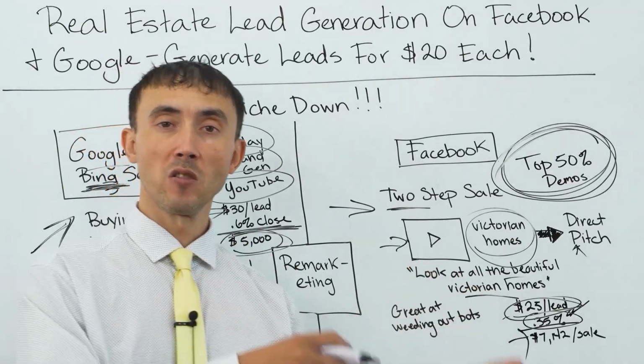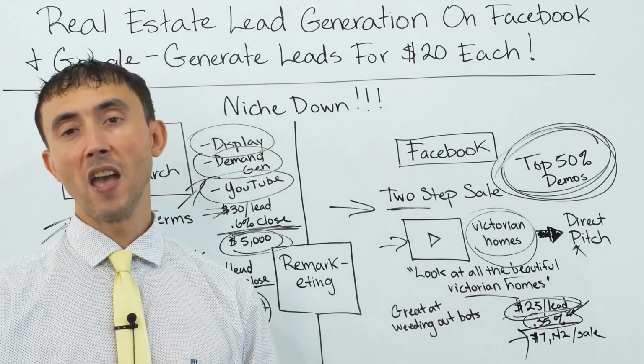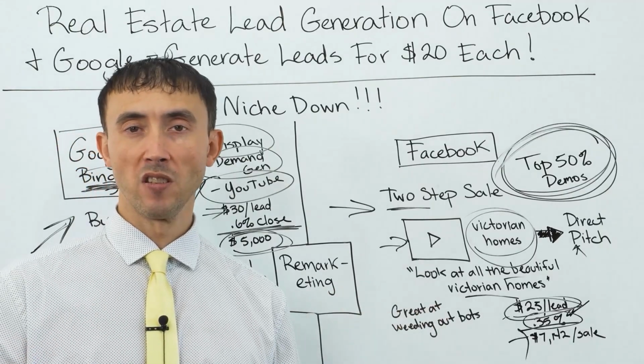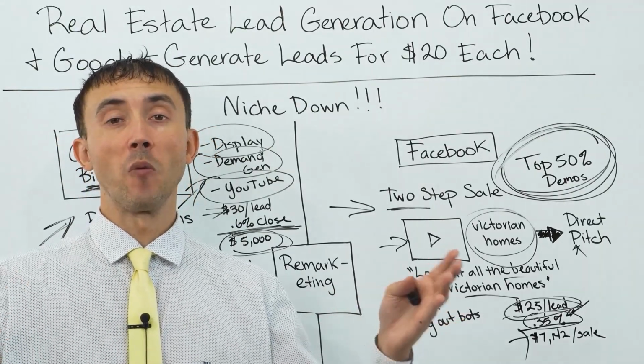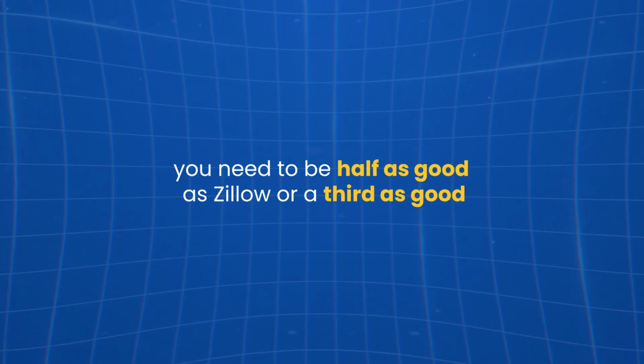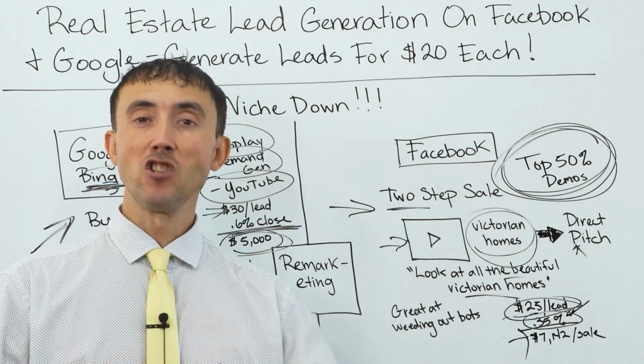So you don't have to be as good as Zillow in terms of usability, but you can't be 20 times worse than Zillow, because that's what most people think they're going to get away with, and it's not good enough. You need to be half as good as Zillow or a third as good as Zillow and niche down enough,